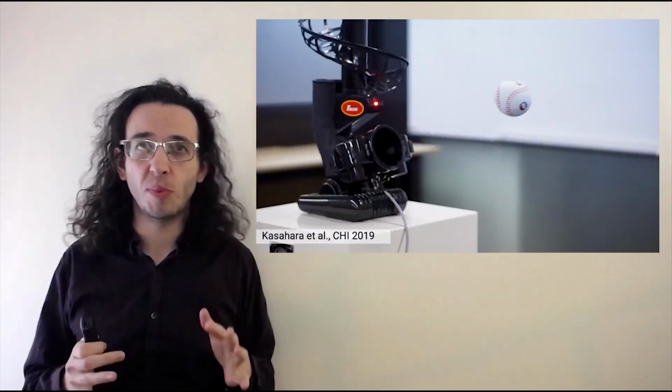This is even more evident as we start to give users abilities beyond their biological capacity. For example, here we're using muscle stimulation to accelerate someone's reaction time so much that they're able to take a picture of these fast-moving baseballs. And this kind of